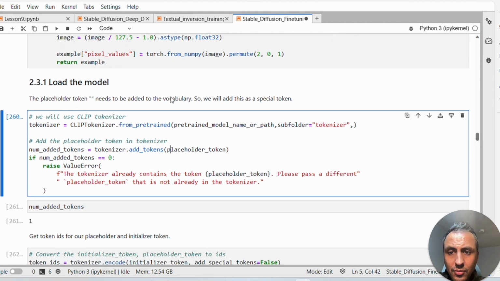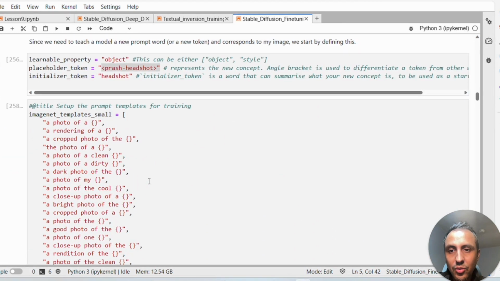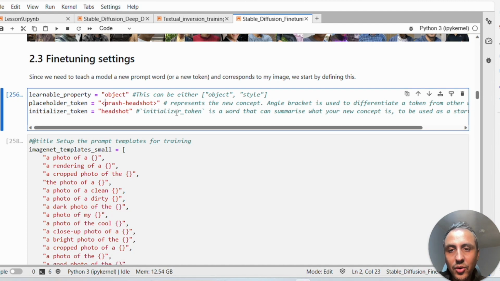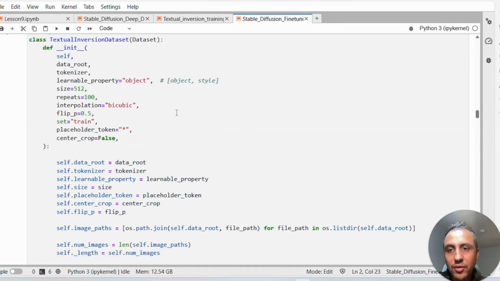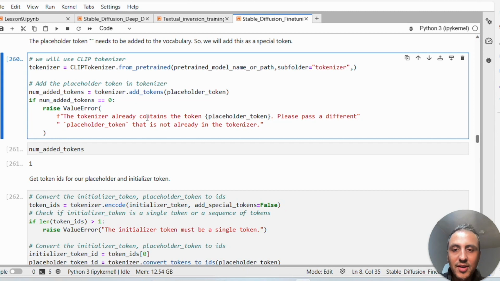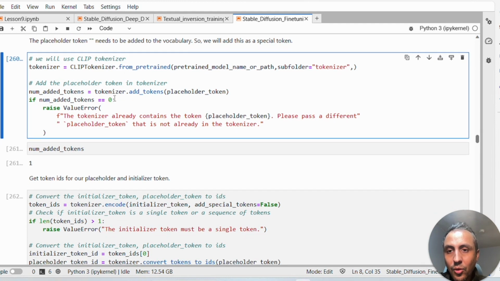And so the first thing we need to do is add this token, which we define with these brackets, to the vocabulary of our text encoder, right? The text encoder is something, because all these machine learning models ultimately take numbers as input. So you have to convert text into a number, which is done using a tokenizer, and that's what I mean by adding it to the vocabulary of this model. And then once that's done,